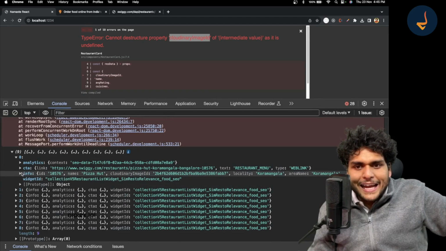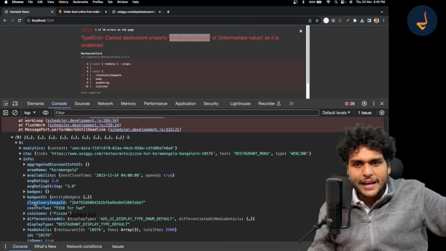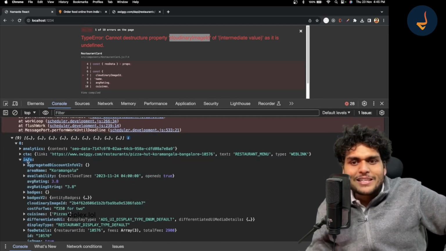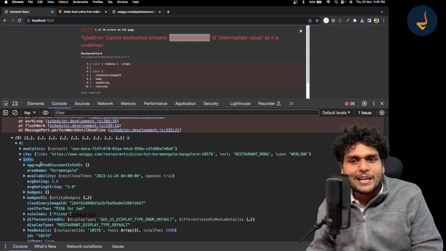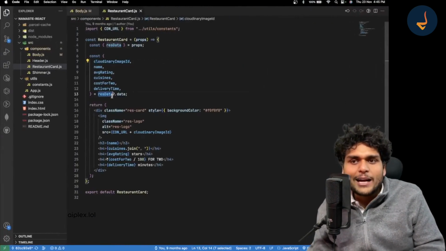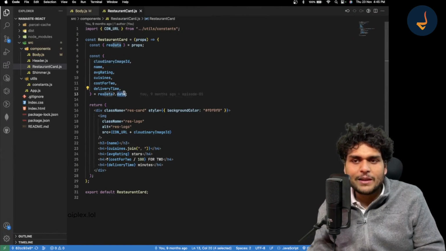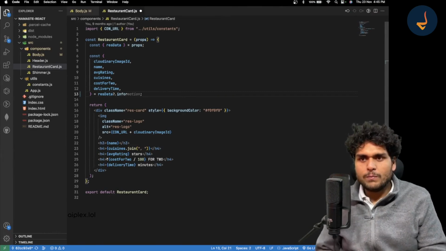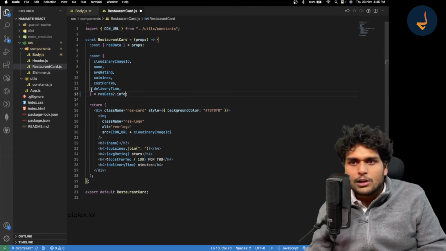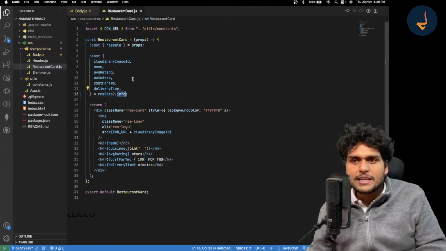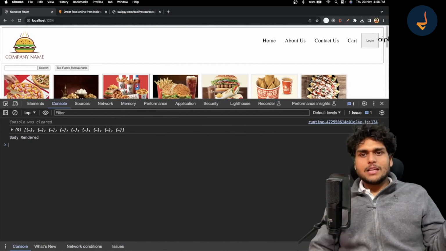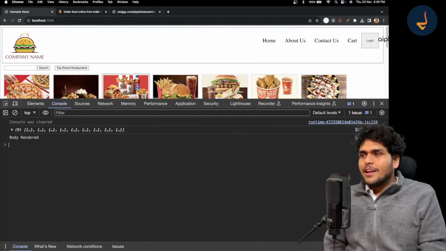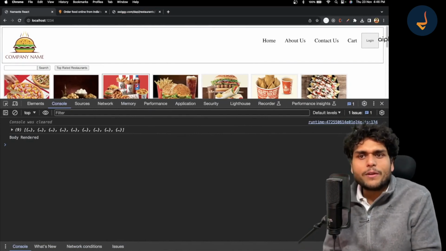It will be again inside my info. See this, here it is. Because the data has been renamed to info, that is why this is the problem. We are trying to find this Cloudinary image ID in restaurant.data. Instead, it should be info. So let me replace this with info and see if we get more errors. If I go back to my Swiggy, oh cool, this works. See this. Was it tough? It was not tough at all.